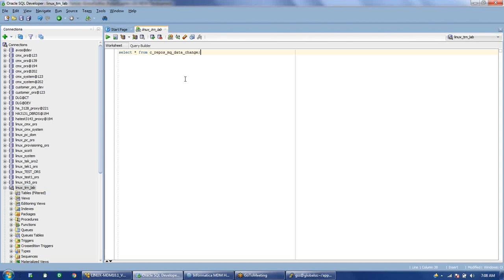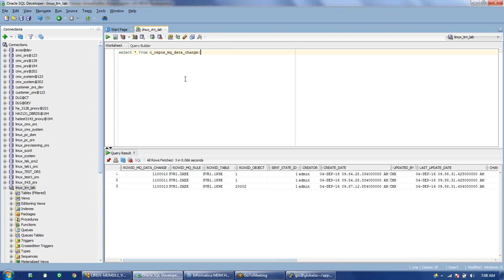This is the main table, which is C_REPOS_MQ_DATA_CHANGE. This table captures all the details whenever a record is updated, inserted, merged or unmerged. These are the four options that we have selected. So if anything happens, the message trigger gets generated and it will be put into this table.